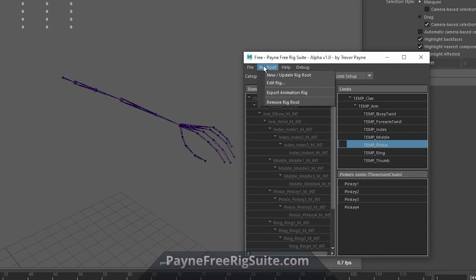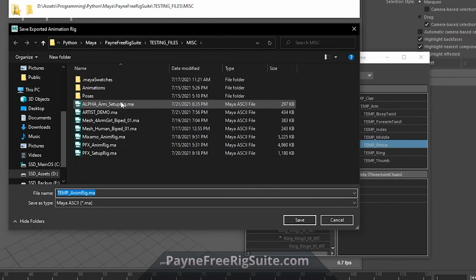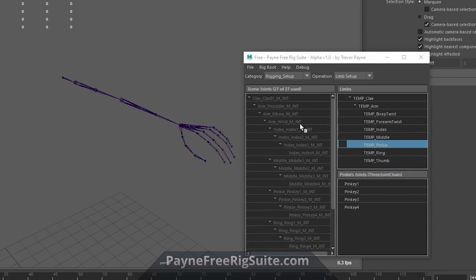Next, we're going to do something strange. We're going to go under rig root and we're going to export animation rig, and we're going to do that in the exact same folder. We're just going to select our newly saved file and replace the setup portion of the name with animation so that this will be our animation rig, and we're going to export that out